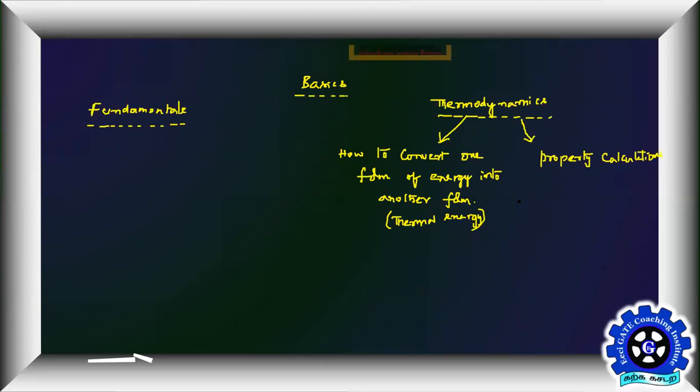One is energy conversions, one form of energy to another form. Number two, if you are able to calculate the property values of the same body or system, whatever is doing its job, that calculation called property calculations, then the role of thermodynamics, or whatever information that you want to read in thermodynamics, will be over. That's the main goal of the entire syllabus.